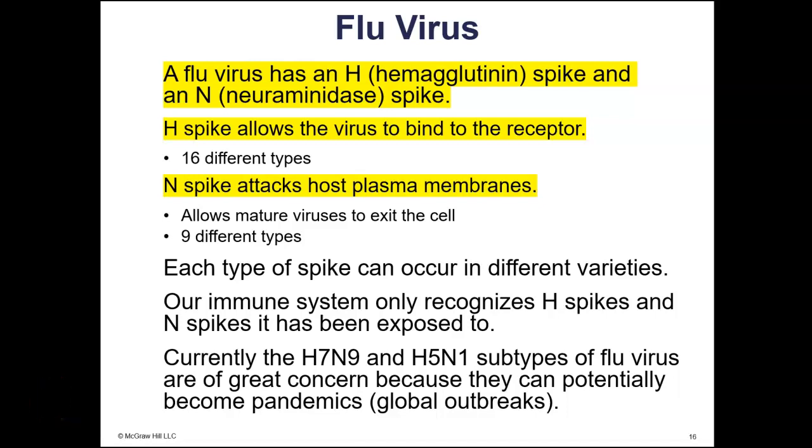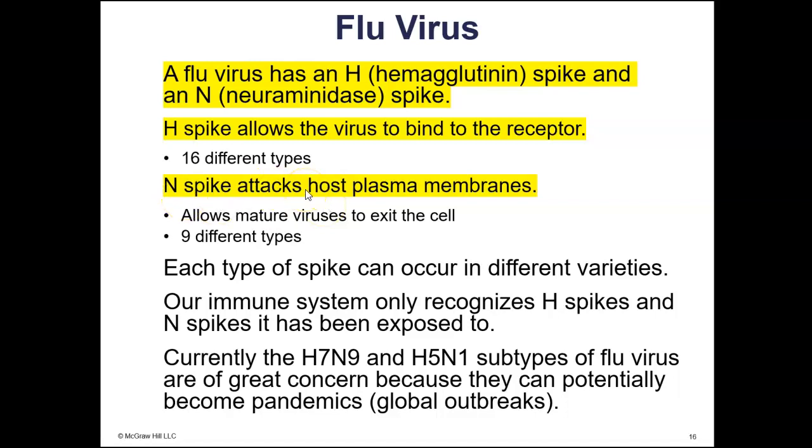We are continuing with the lecture notes from chapter 20, beginning with slide number 16. We're going to talk about the flu virus. Flu viruses have glycoprotein spikes called H spikes and N spikes. H stands for hemagglutinin and N stands for neuraminidase. The H spike allows the virus to bind to the receptor on the host cell, and the N spike attacks